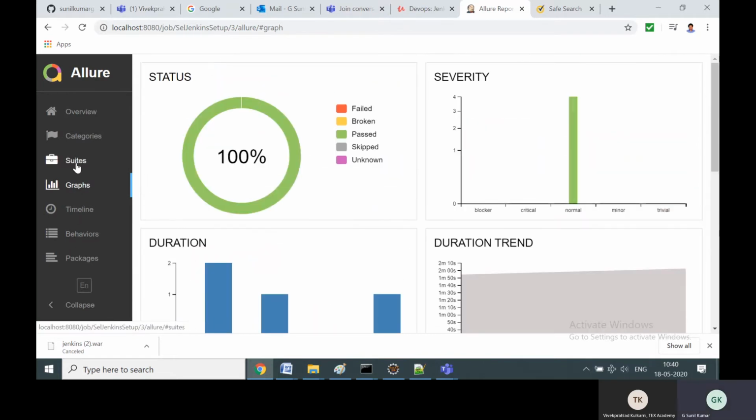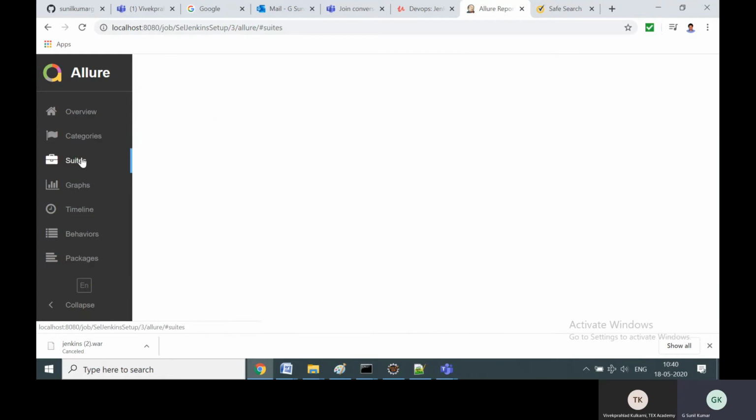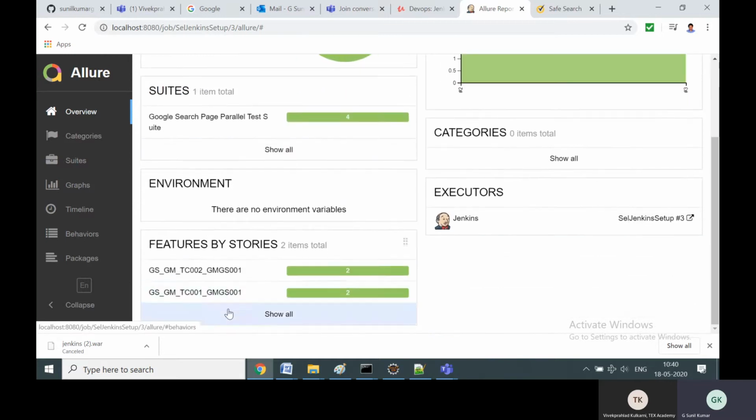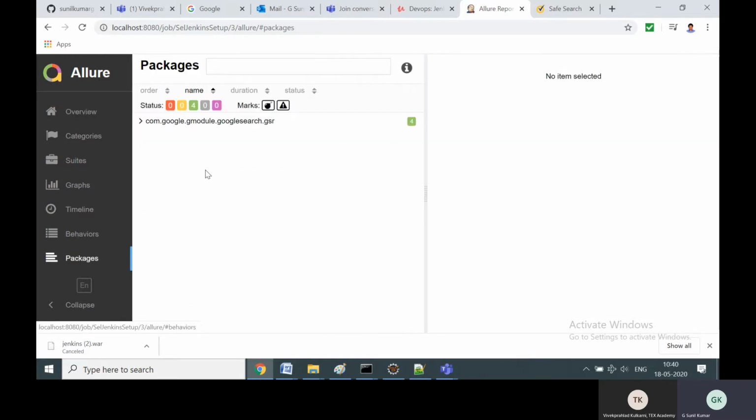Customers want at least 15 dimensions in reporting itself. So this caters to at least 15, 25 dimensions: what time it started, what time it ended, what suites were executed, what features were executed, what packages were involved. You can also add a screenshot on failure.